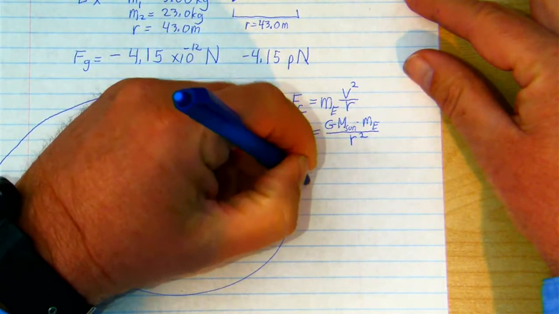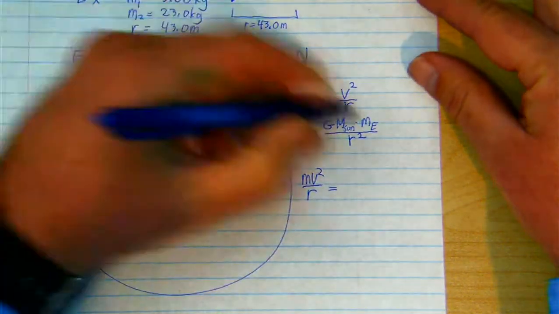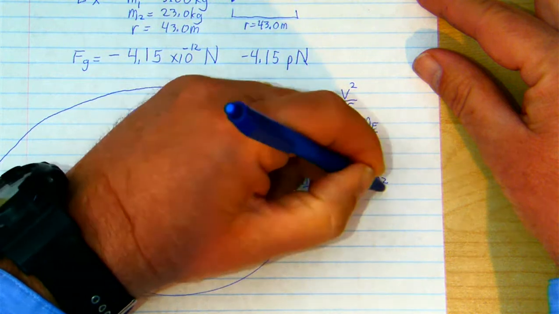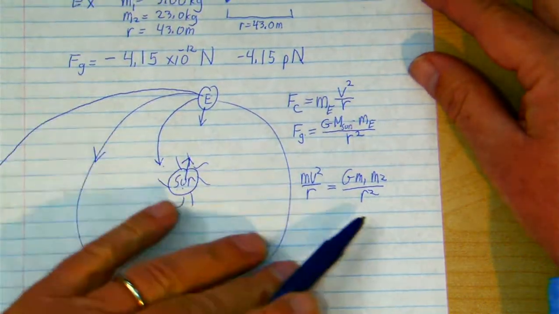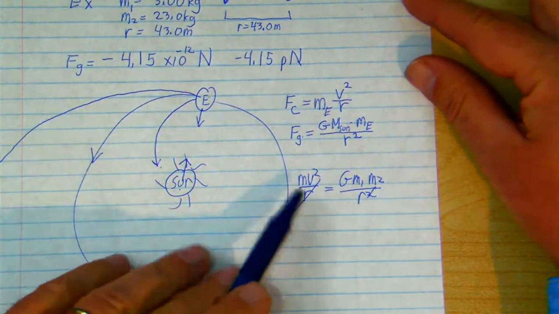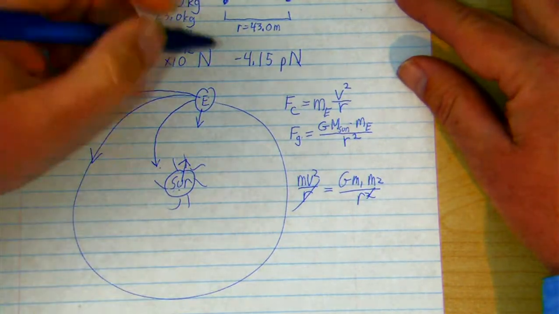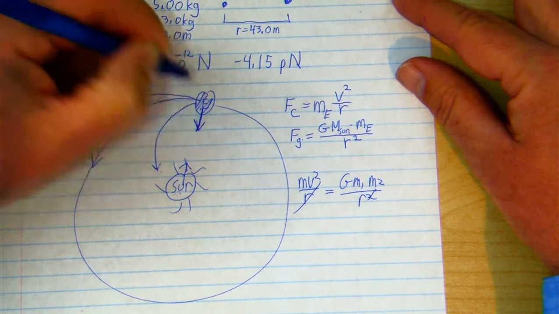Centripetal force, m v squared divided by r, can be set equal to G m1 m2 over r squared. One of the r's will cancel. One of the two masses will cancel, and the one that cancels is the mass of the object in orbit